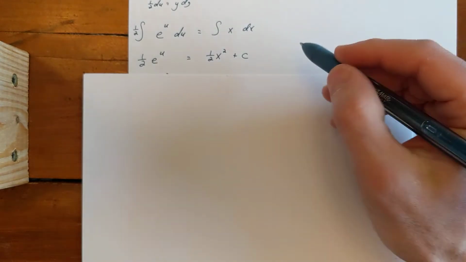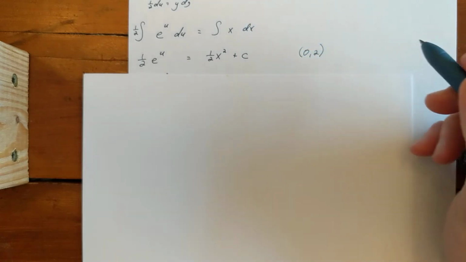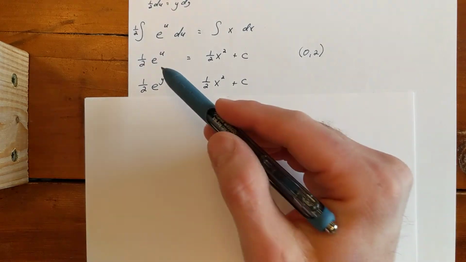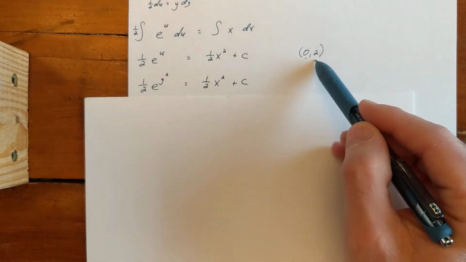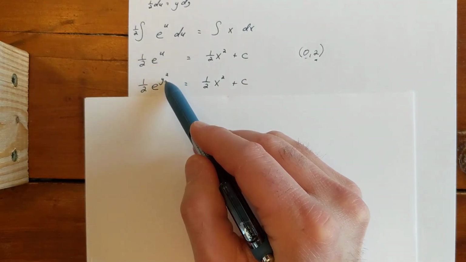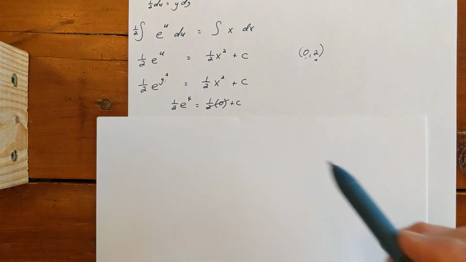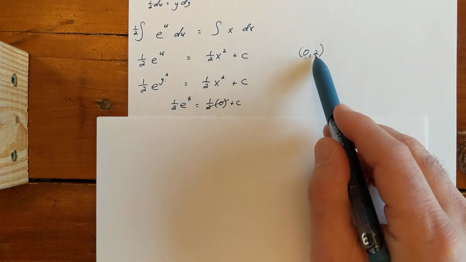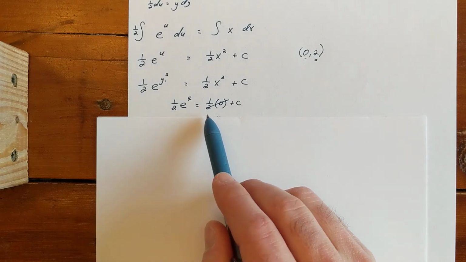Now again, since this was an initial value problem with the ordered pair (0, 2), now's the time to start doing a little bit of work. Nope, I lied again. Let's undo that substitution right there. This is an x value and a y value right here, so we want to get y back in here. Since u was y squared, we resubstitute and get that, and now it's time to start working ahead. We replace the x with a 0, and the y with a 2, and we get this odd value right here of 1/2 e to the 4th